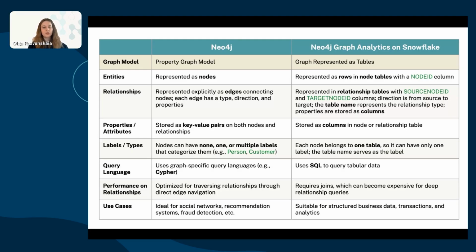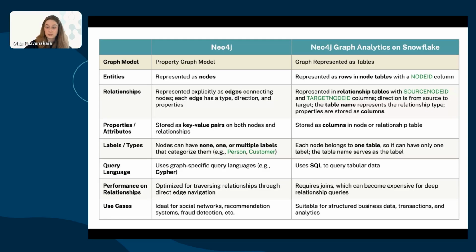We use a graph-specific query language like Cypher for Neo4j, and we use SQL for our application. And there are some other things that you can compare and read from the slide. I just wanted to highlight the differences between the graph in a Neo4j database and graphs in Snowflake, which we